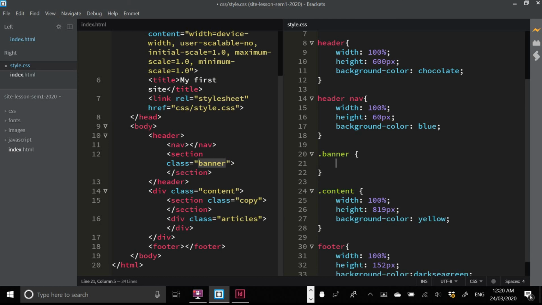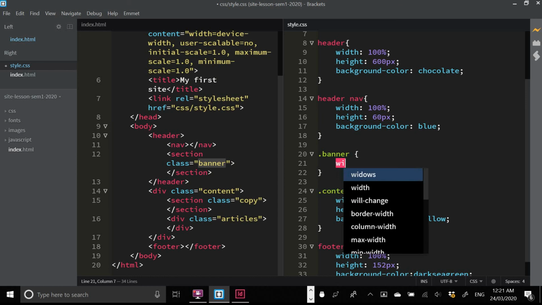Again, for some reason mine helps me. Hopefully yours will, but if it doesn't, just type in the word banner and then put in the curly brackets. I think I used to have a plugin there and I may have deleted it or something, but it's still working. So hopefully it's helping you so that you don't have to go in and type everything in. Okay, so with banner,